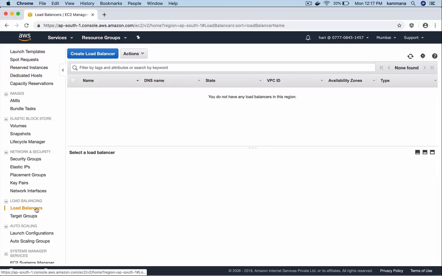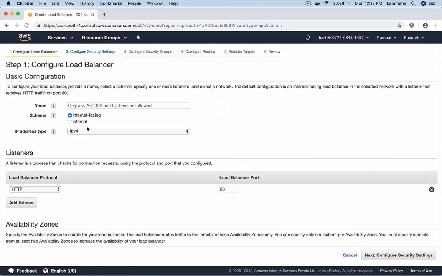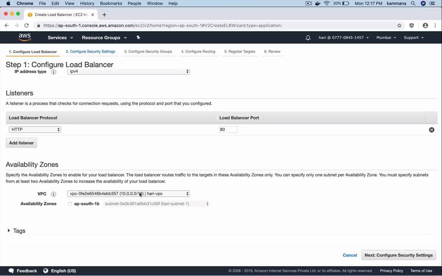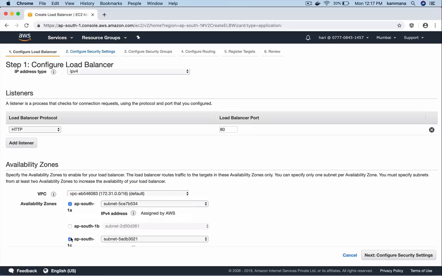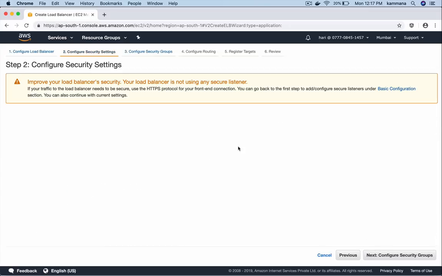Let's go to load balancers, create load balancer. It is application load balancer. Okay, I'm calling it as Java Home ALB. I want that to be internet facing, and I want that to listen on 80. Availability zones VPCs, I said we all running in default VPC, so make sure you're selecting same. So security groups,